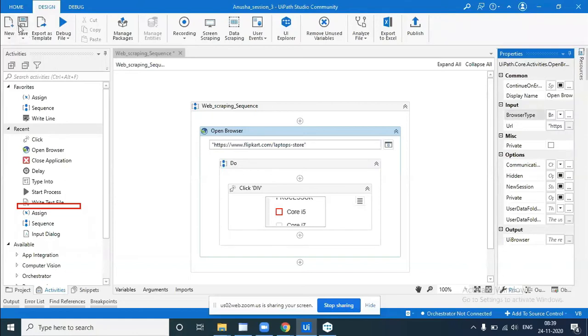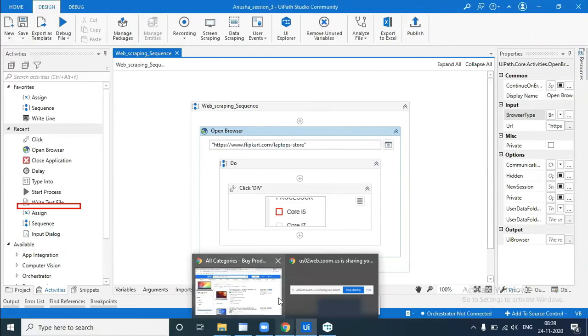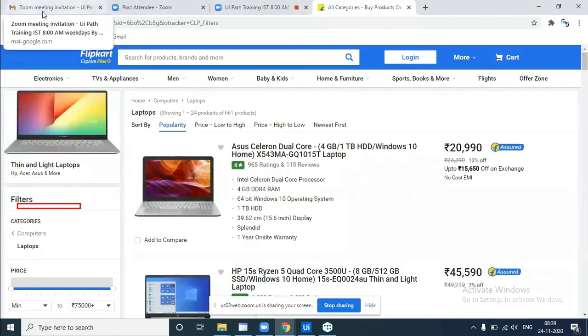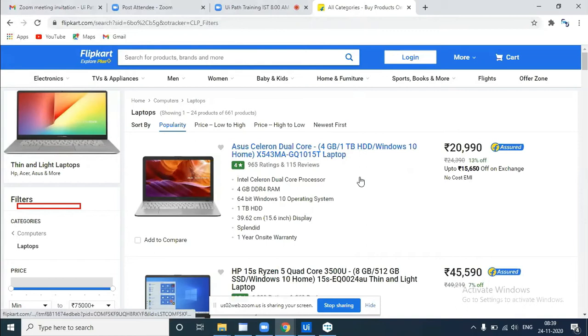But see, why I was avoiding Chrome is because I have already opened this session in Chrome, so I don't want to close it. But it will open a new window, right, sir, when it's closed? Yeah, it will open a new window. But that's what I need to do whenever I want to close it.